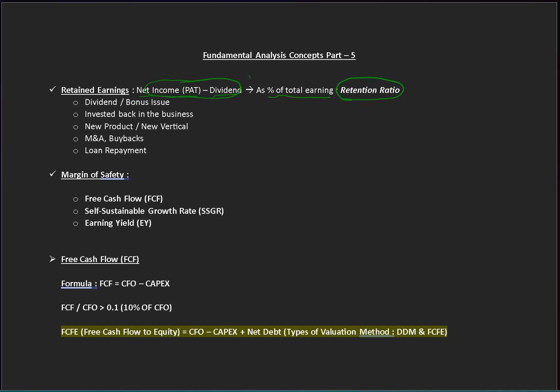Okay. Now, how are these retained earnings good for the company? Firstly, the company can use it for payment of dividends or bonus issue. Secondly, it can also use it for investing back into the business. Then again, it can use it for launching a new product or creating a new vertical. Also, it can use it for mergers and acquisitions, buying a new company, or maybe buybacks. The company can use it for buying their stocks back from the public, and they can use it for repayment of